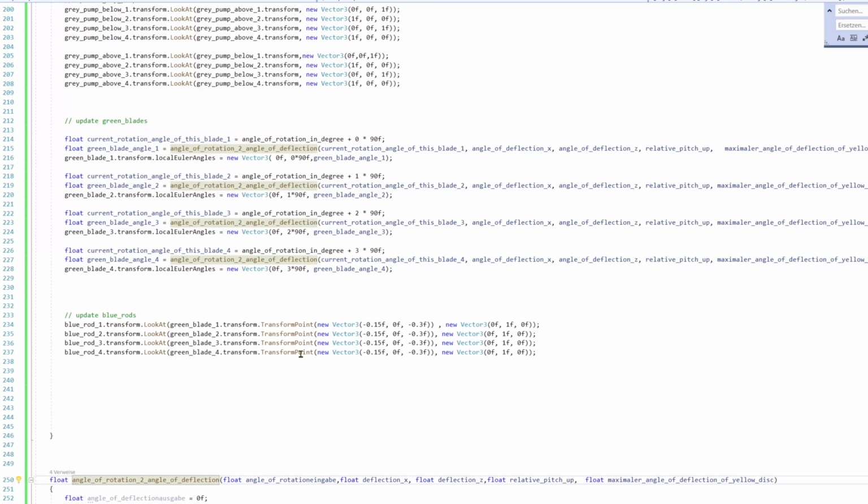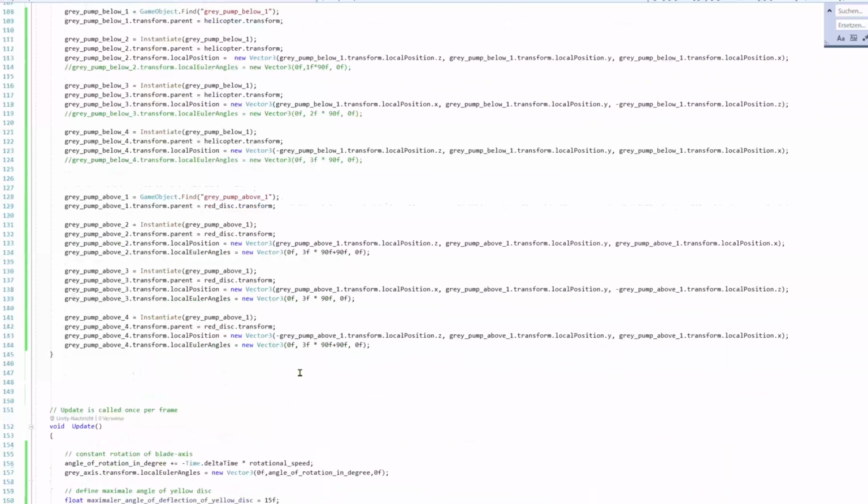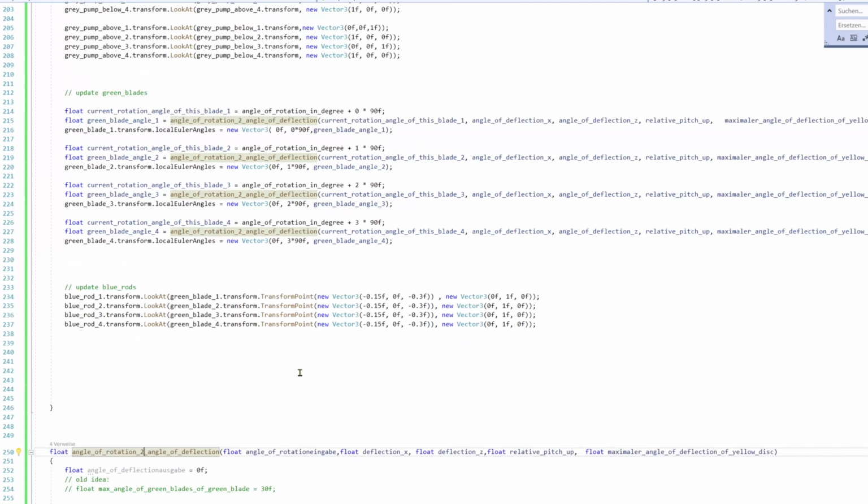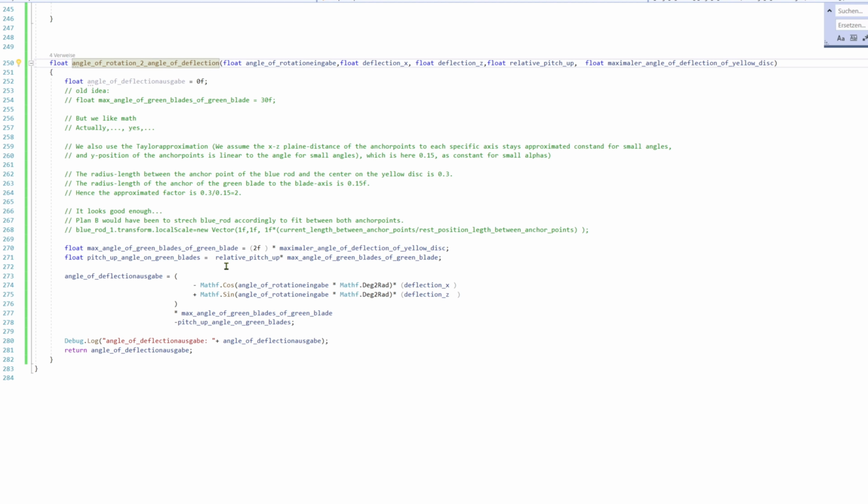It also has to consider the pitch going upwards or going downwards. This specific factor is independent of the current rotation angle of the main axis.